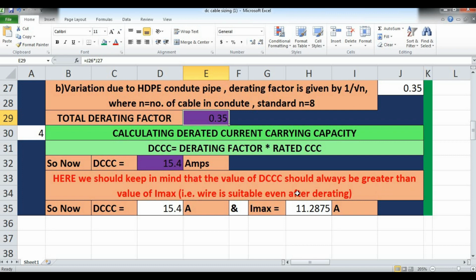Because Imax is the maximum current that is going to flow through the conductor. Now if the capacity of that conductor to carry current is not higher than the maximum amount of current, then there will be overheating issues, or burning or melting issues can happen. As at the start of this video I explained, the thicker the conductor is, the more current it can flow through it.